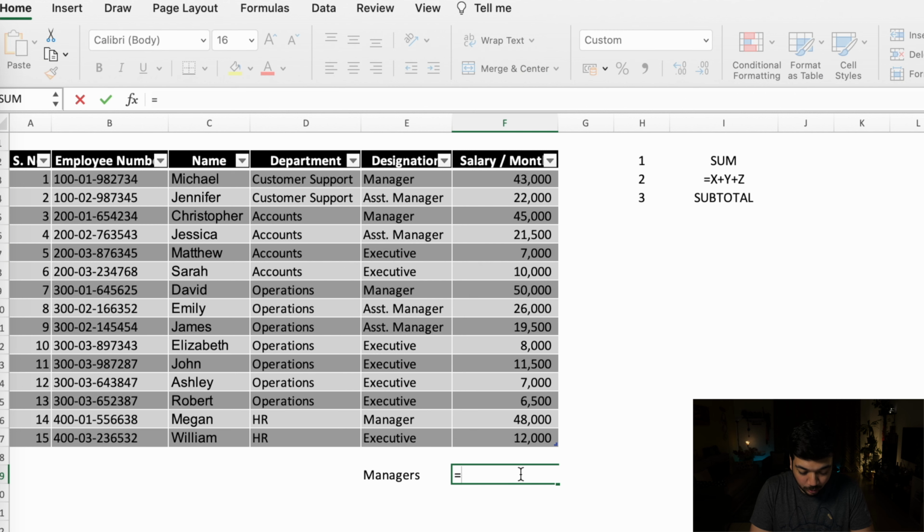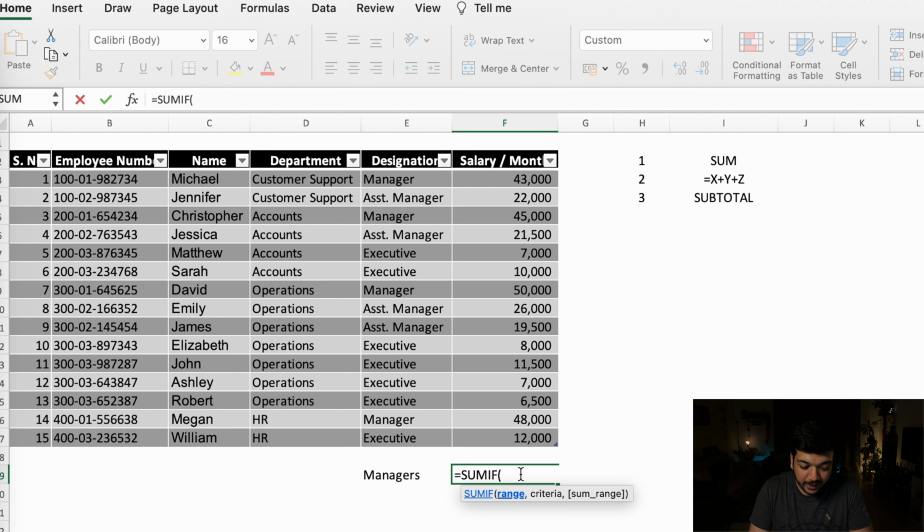Type in equal to, and you're going to type in SUMIF. SUMIF basically means you're going to be able to add stuff, sum stuff up if certain parameters are met. That's all. You can now see here that it is asking you for the range, followed by the criteria, followed by